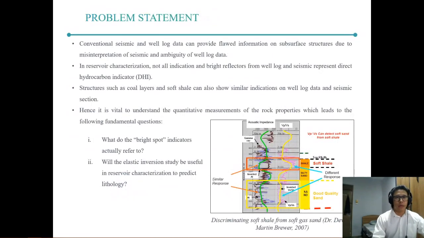Conventional seismic and well log data can provide flawed information on subsurface structures due to misinterpretation of seismic and ambiguity of well log data. In reservoir characterization, not all indications and bright reflectors from well log and seismic represent a direct hydrocarbon indicator, or DHI. Structures such as coal layers and soft shale can also show similar indications on well log data and seismic sections. Hence, it is vital to understand the quantitative measurements of the rock properties, which leads to